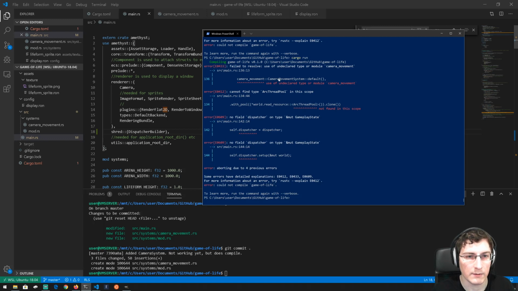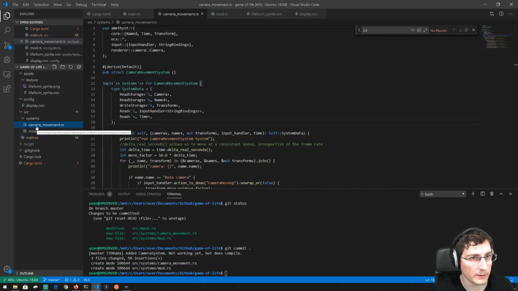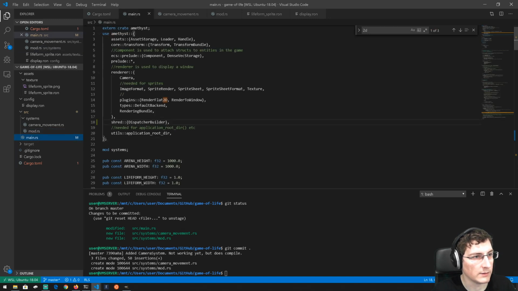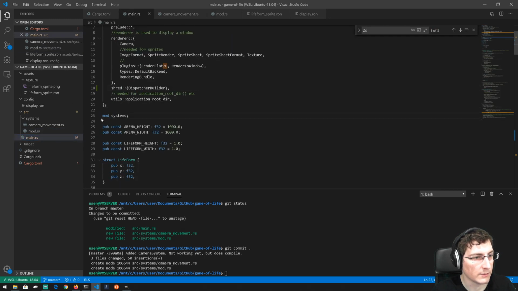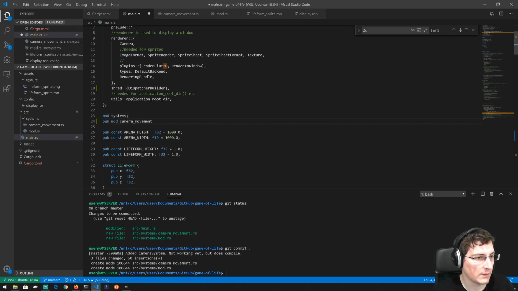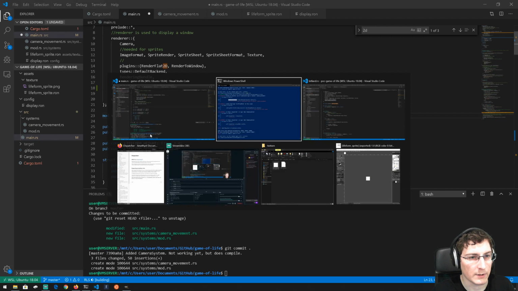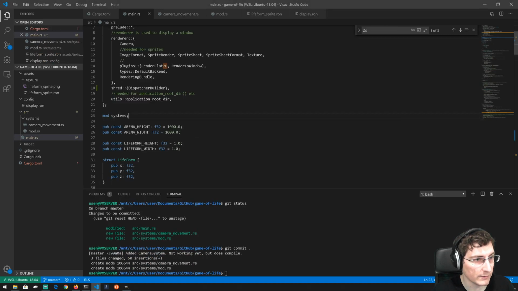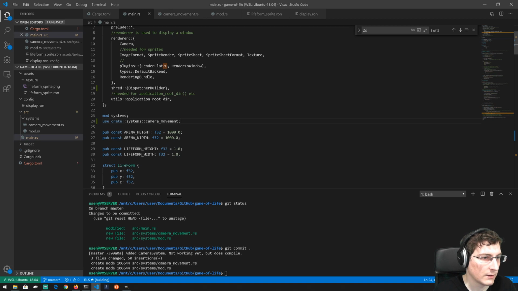Yep. Next one, use of undeclared type or module camera movement. Okay, so this is because we've created our own module in the systems folder called camera movement, which is all well and good, but we haven't then brought it into our scope. So we've got mod systems, but we must be including, I go back to the proof of concept. Yeah, here we go. Use create systems camera movement. So what this is doing